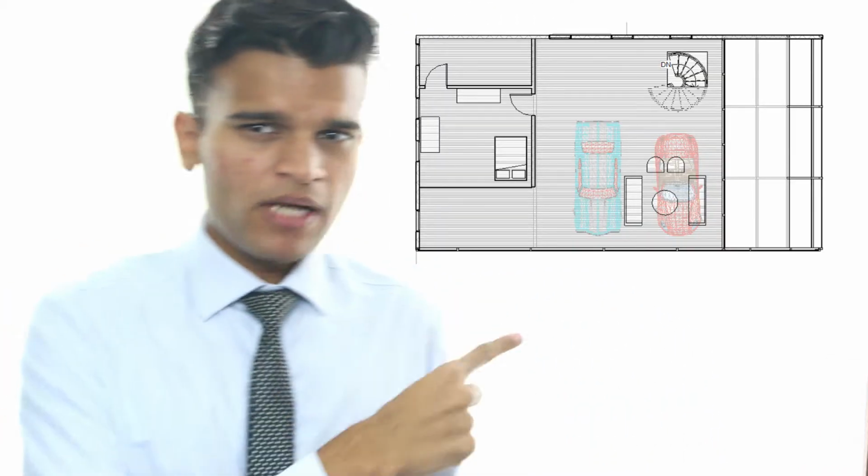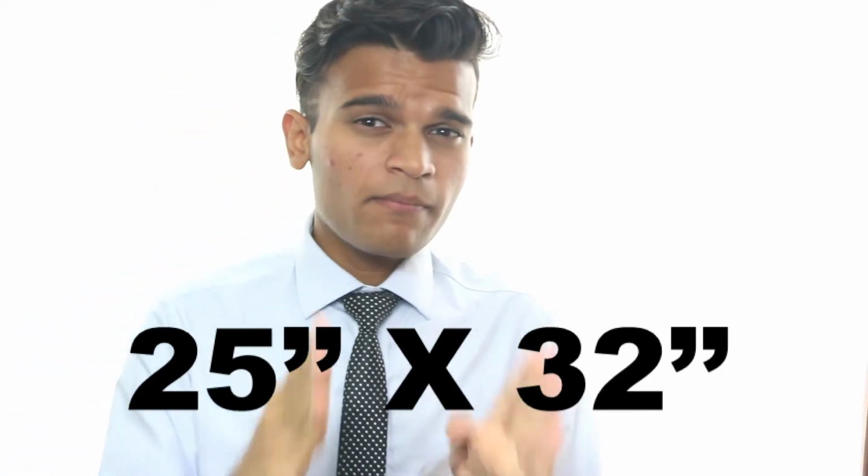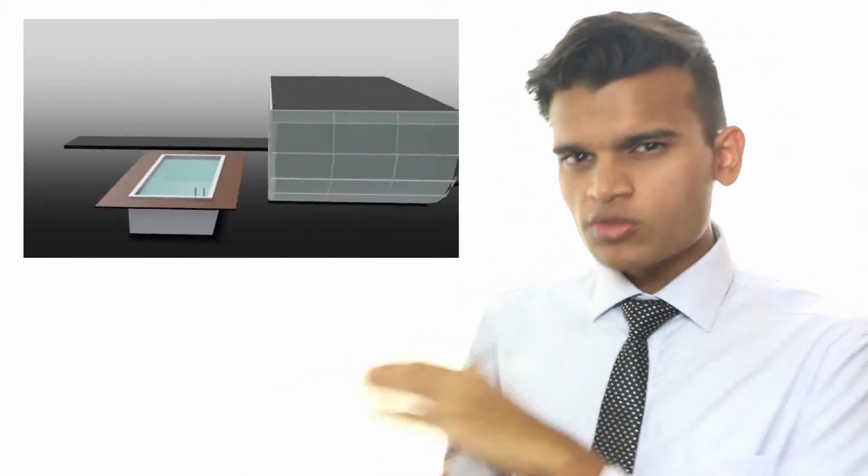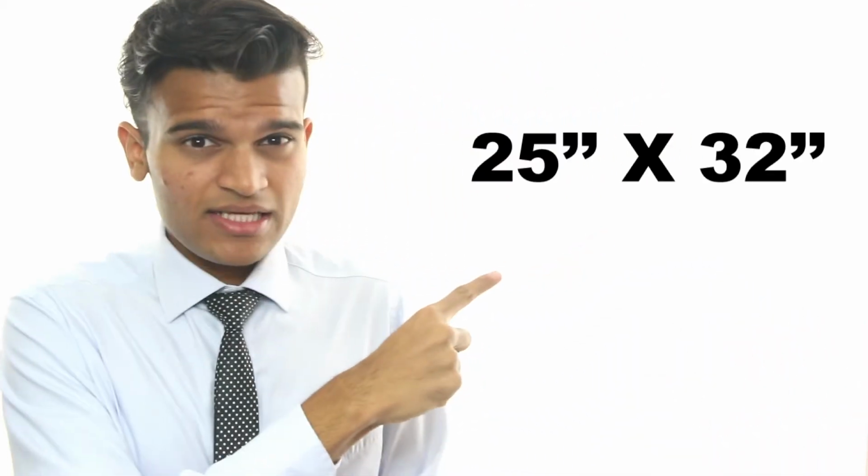Now in this example, the client firstly specified in his EIR and provided the contractor with a house plan, which states that the windows are supposed to be 25 by 32 inches. Now in response to that EIR, the contractor makes a 3D model such as this, and now the design consultant or the information manager goes up to this model and goes through it and checks whether the windows that were specified in the EIR, 25 by 32 inches, are actually there in the model. So these kinds of checks are known as the geometry checks. Hope you guys understood that.